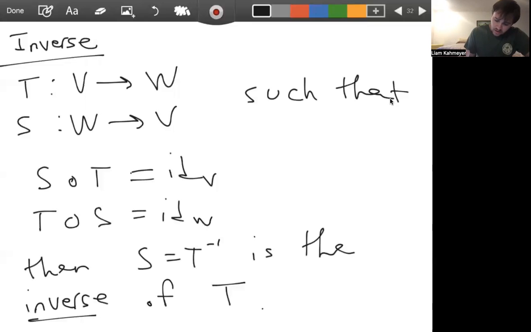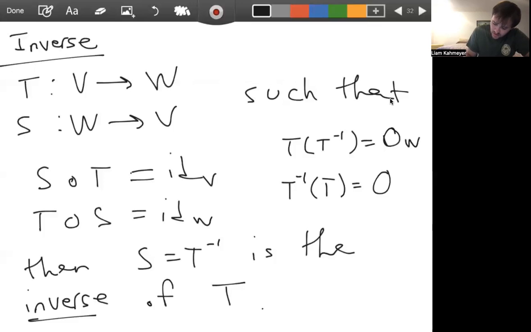And what does this mean here, right? This means T of T inverse gives you the identity on W, and then T inverse of T gives you the identity on V. Okay,